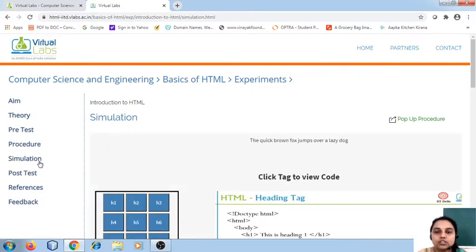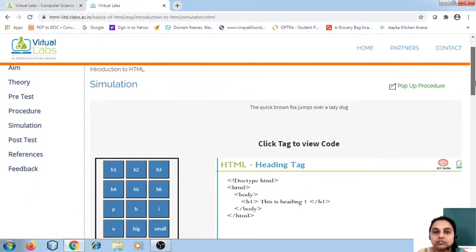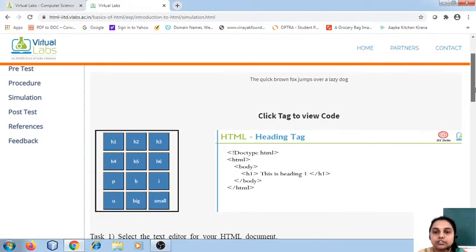So this is the actual test. I will scroll it down. What can you see over here in the left hand section? In this section you find different tags written. These are the tag buttons. We find tags from H1 to H6. When I click on H1, you can observe the output over here.